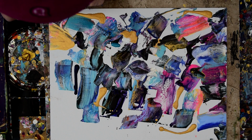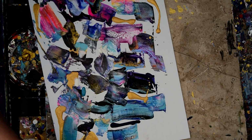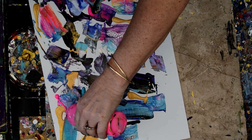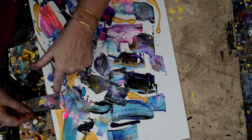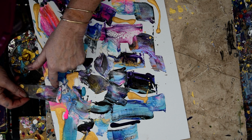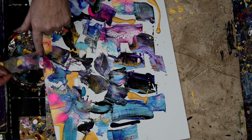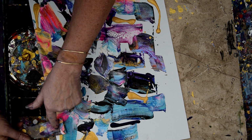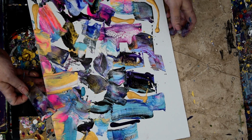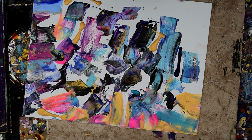You need to be able to press these down into the board and be able to swipe them off. And instead of swiping them off and rubbing them onto a separate piece of canvas board, I'm going to wipe them right back onto the place I'm on, which makes perfect sense to me. It's going to be extremely abstract,